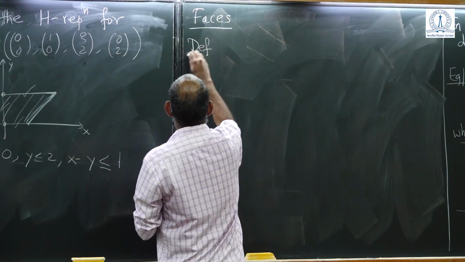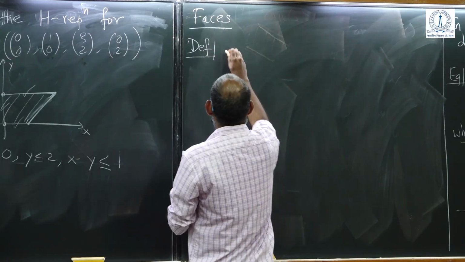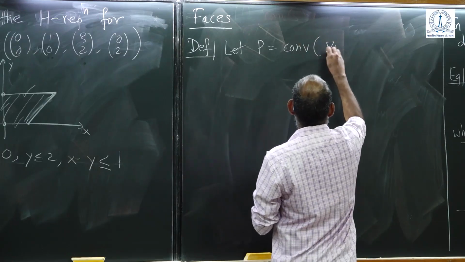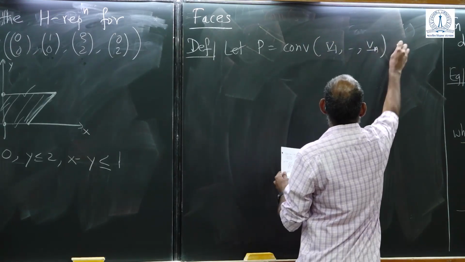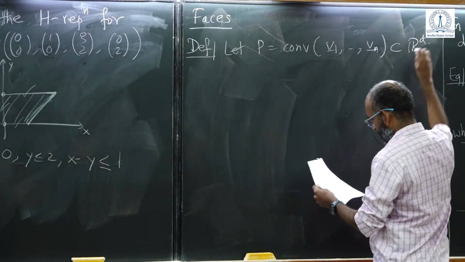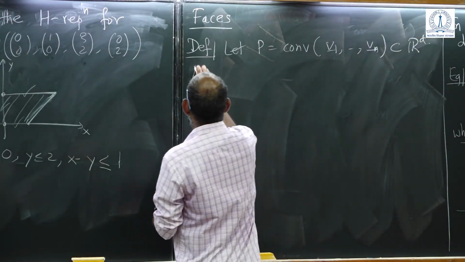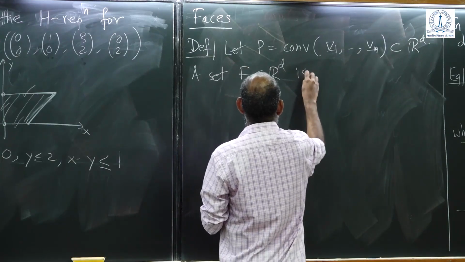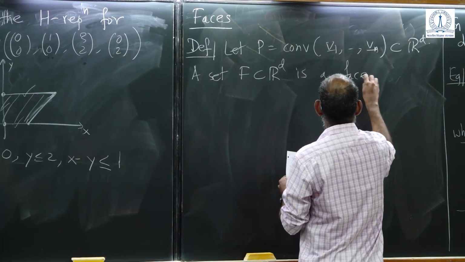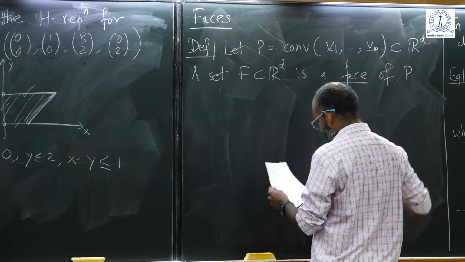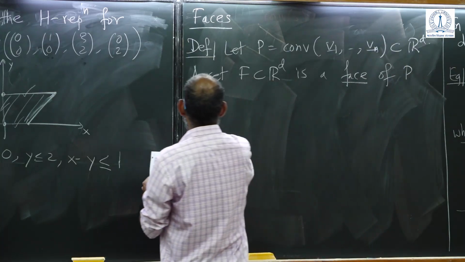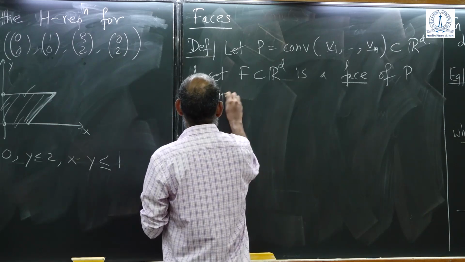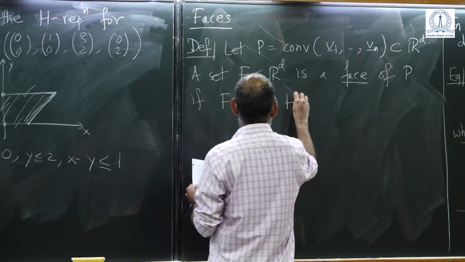So let P, as usual, be the convex hull of V1 up to Vn in R^d. Okay. A set F in R^d is a face of P if F is the intersection of P and H,